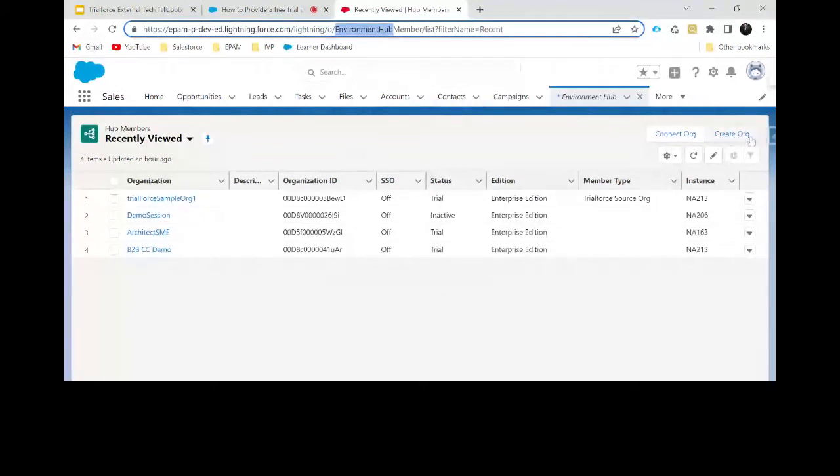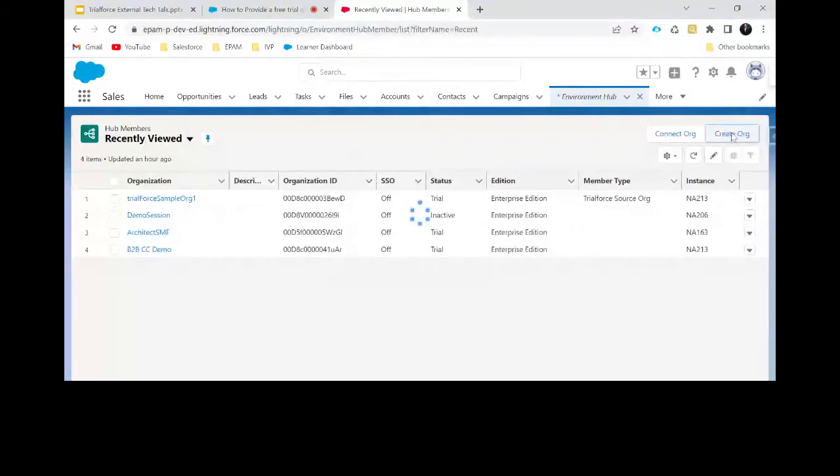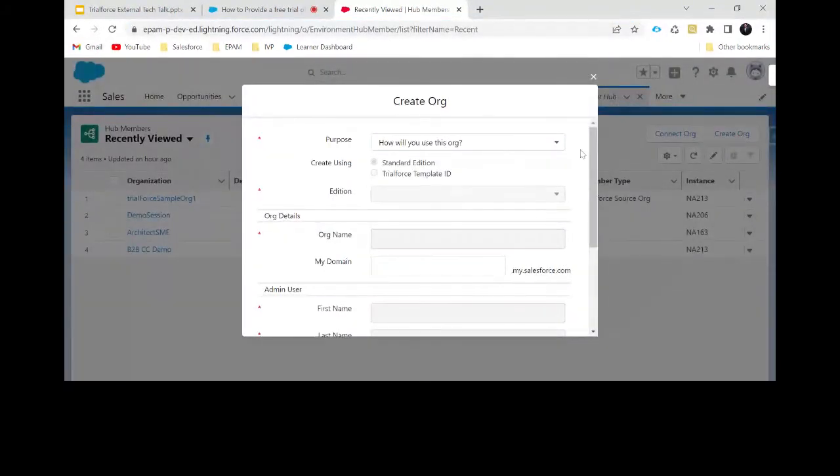Once you click on this Create Org button, a modal pop-up opens where Salesforce asks what the purpose of creating this org is. You will have these options available. Here in our case, we will use the last option, which says Trialforce Source Organization.